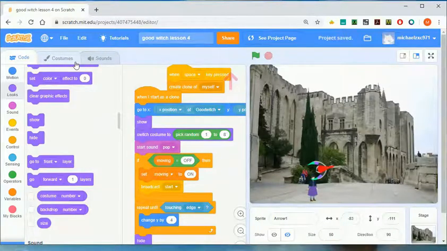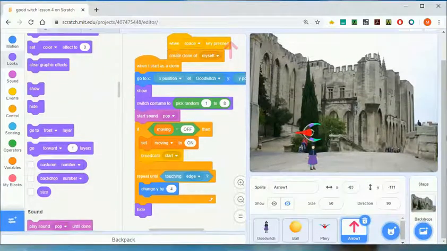And when I hit B, I think I just... Okay, so now we were shooting the arrows, so we have just one more thing to do. And we say if touching witch, or if touching Terry,